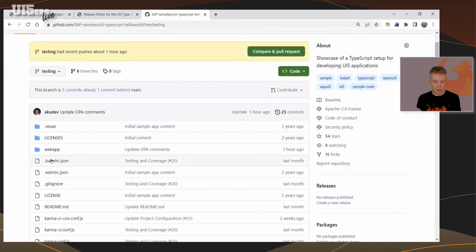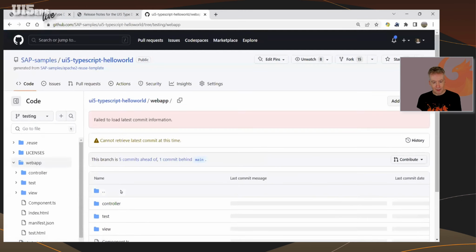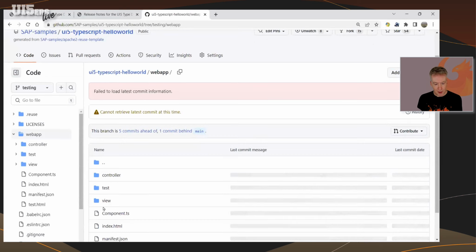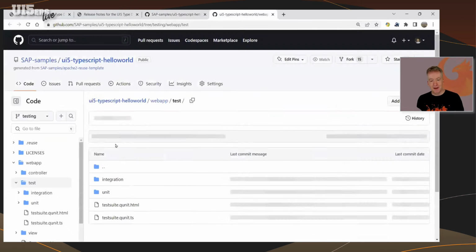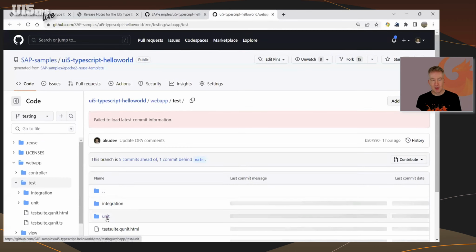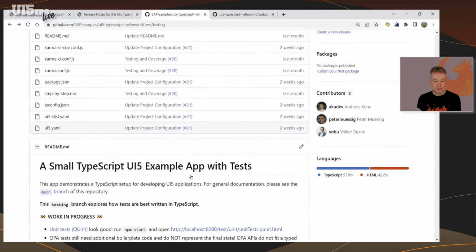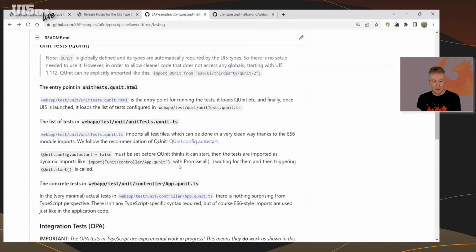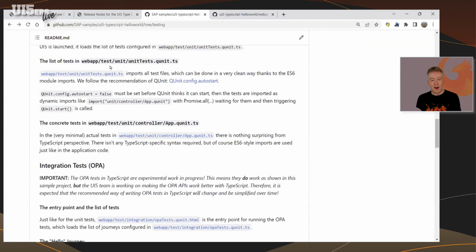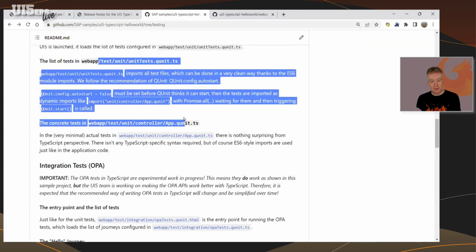So we have in the web app, that's interesting, unit tests and integration tests, so QUnit and OPA tests. They are quickly described in the README. So what are the files that make up and build the test structure?